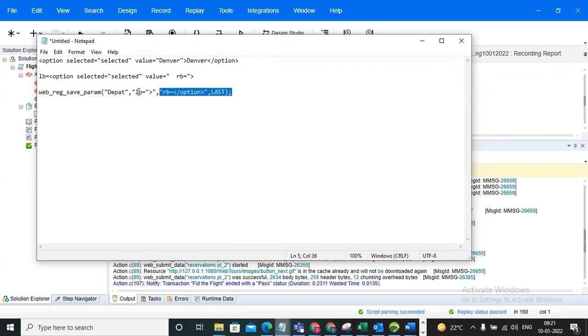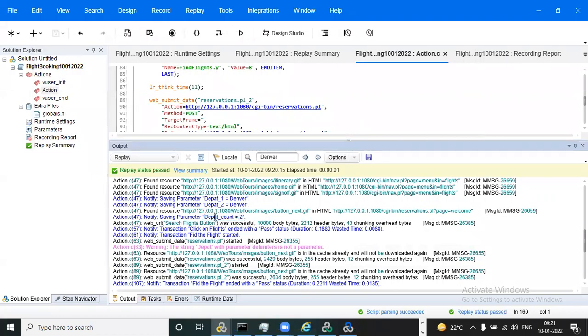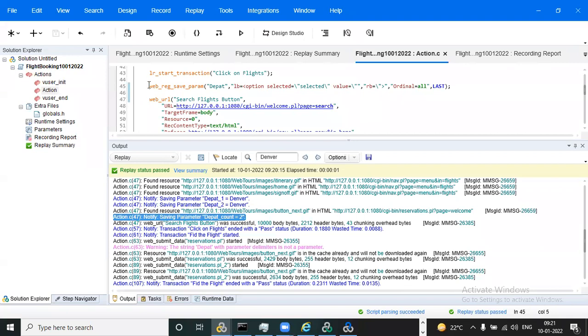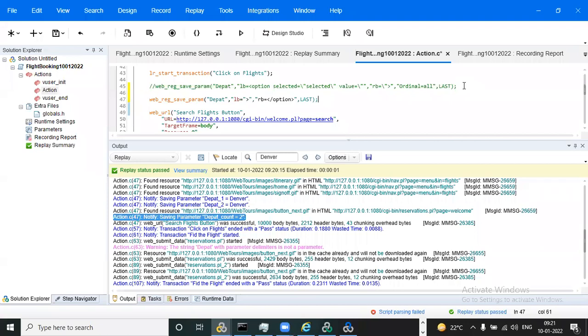Control V. Then Control C and go to our script. I'm commenting that one. Again, we can see that the left boundary is double colon based, and in the right boundary we don't have any double colons. After that, now we can write the argument ordinal equal to all.